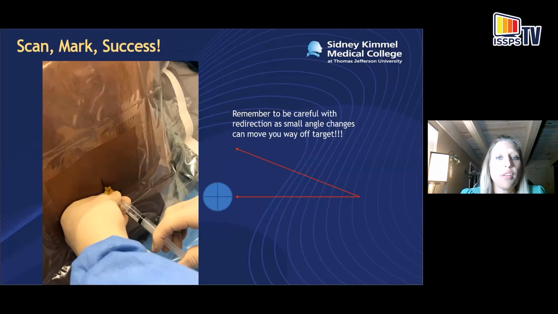It's also important that the skin in an obese patient can move. So it's really important to anchor the skin, because it can move around and you can get lost, especially off of your markings. So it's important to try to anchor with your 2 fingers, is usually what I do, to help secure that space.